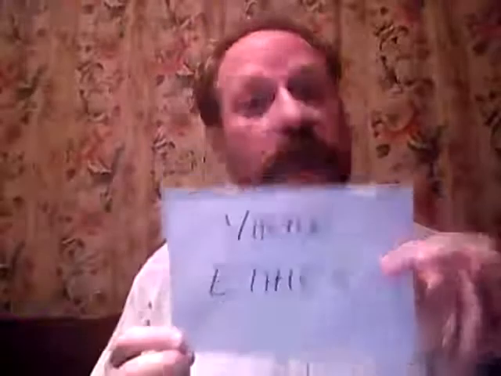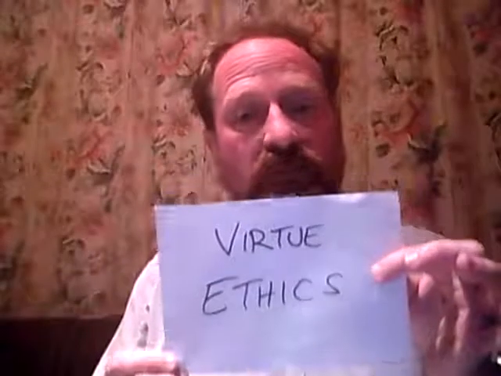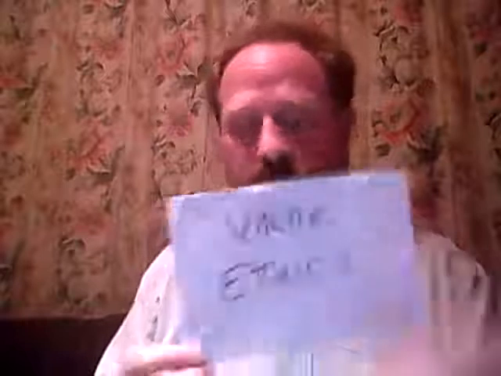The last one we'll have a little look at is virtue ethics. Virtue ethics dates all the way back to ancient Greece, arguably earlier as well. And they didn't tend in virtue ethics to get into arguments about specific actions. This is a right action, this is a wrong action. These are the rules, these are the laws, these are the consequences. That sort of thing didn't bother them.